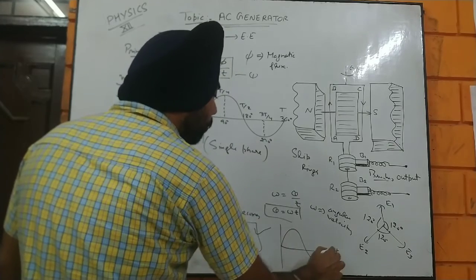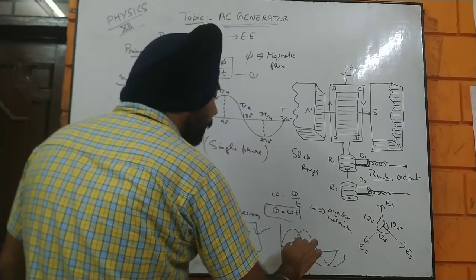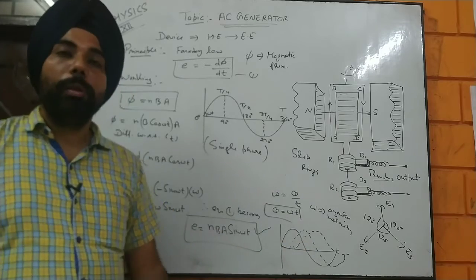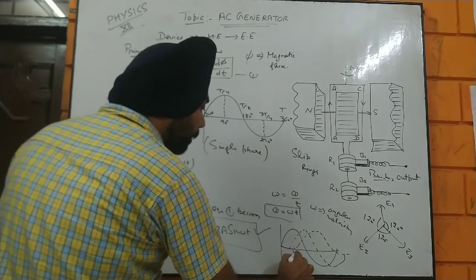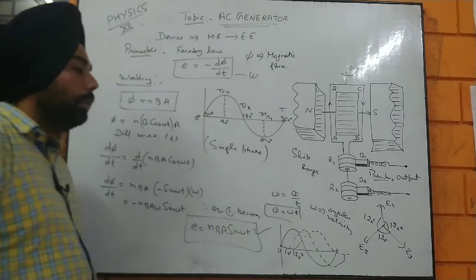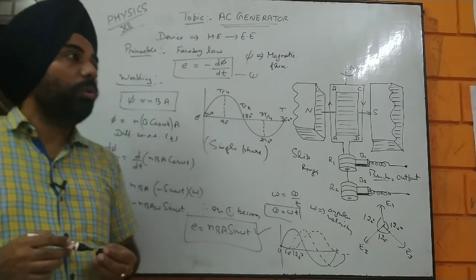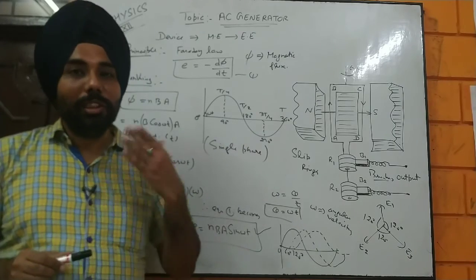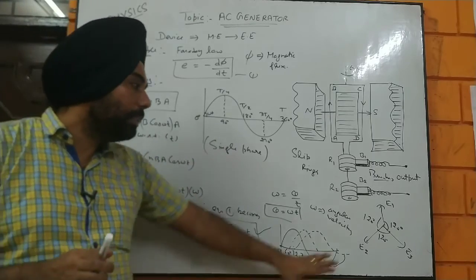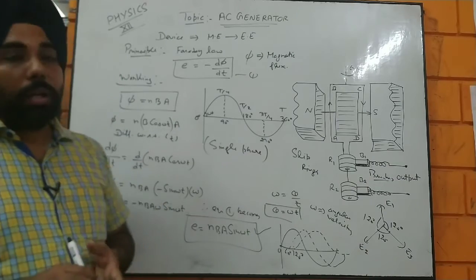And the simplest graph of a three-phase generator is going to be like that. So one is moving like that, and another is moving like that, and third is moving like that, which means every angle is going to be different. So it starts from 120, it starts from 60, it starts from 0. So that is how a three-phase generator works out. And you are going to study it more in the engineering department as well. I have just given you the basic knowledge of the three-phase generator.